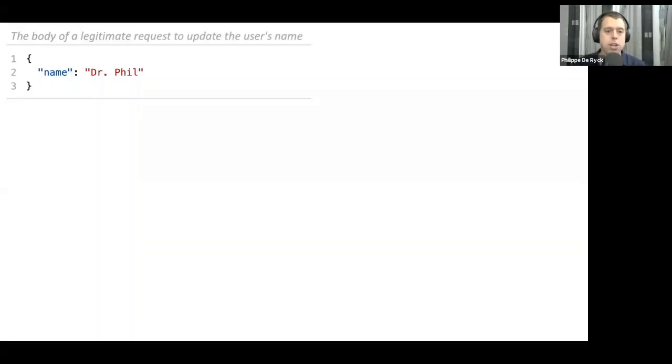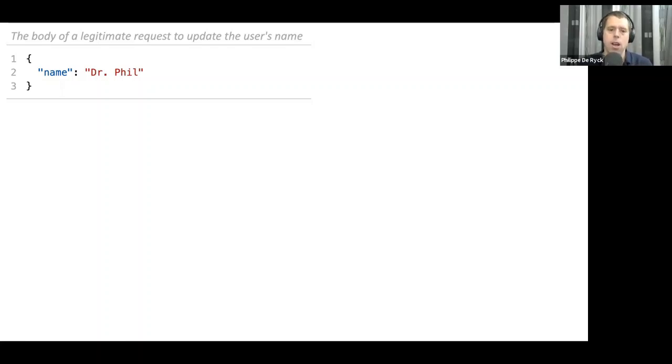So what's the feature here? The feature on the API is to change the name of the user. So I'm going to change my name to Dr. Phil because it's kind of a good name if you want to start a TV show, I guess. So maybe I'll want to do that in the future. So you send a request to the API. It's going to be a PATCH request. If it's a REST API with some JSON data, it says name is the new name, and the API will